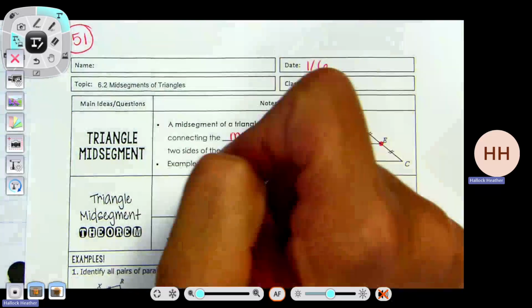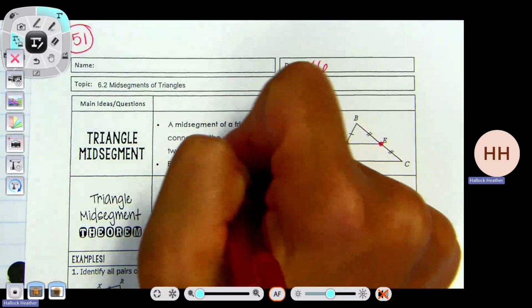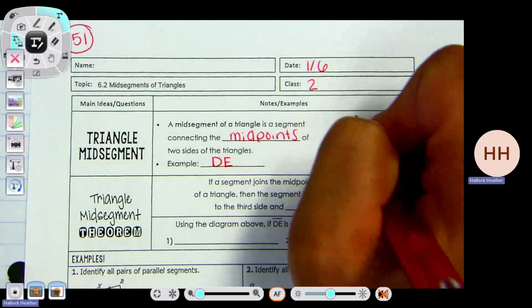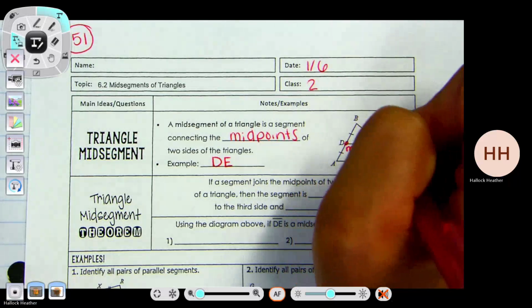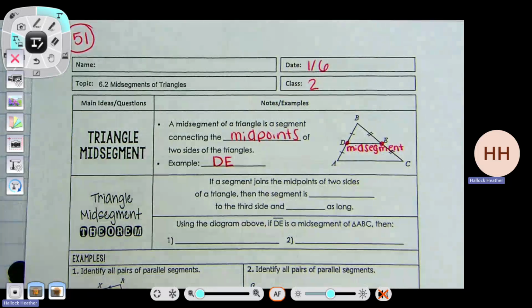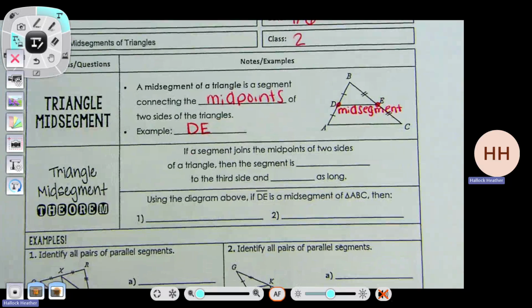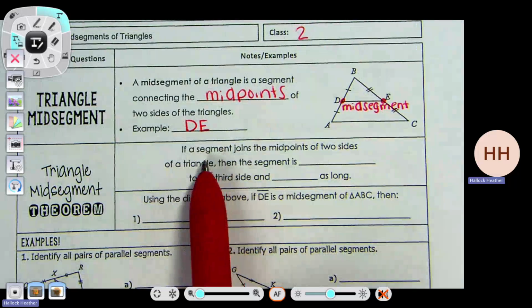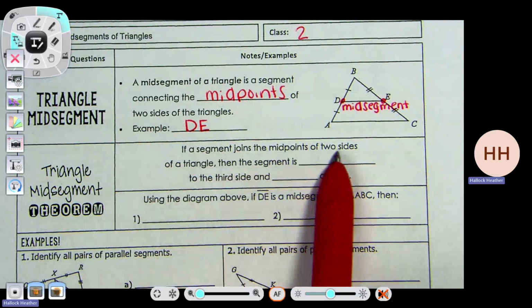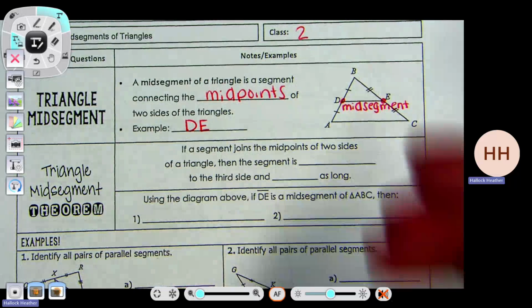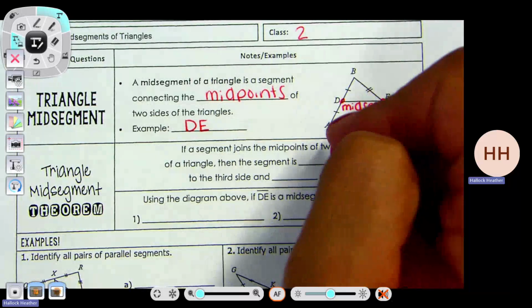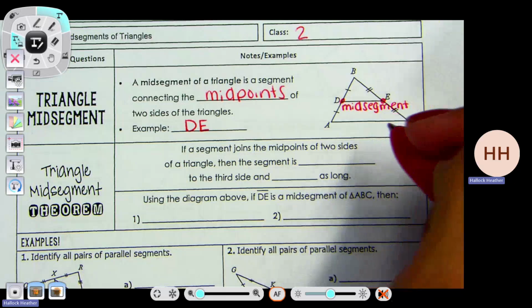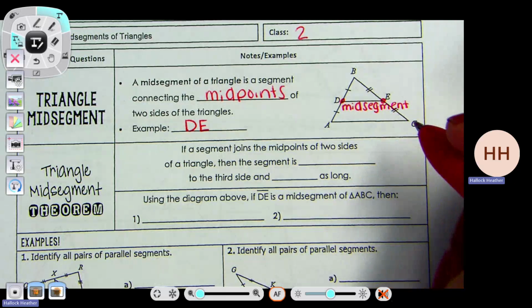So my example for this is DE. So the mid segment is literally right here. So I'm going to put the word mid segment. So the mid segment's in the middle. The mid segment theorem, which is where the formula comes from, says if a segment joins the midpoints of two sides of a triangle, then the segment is... why am I having a brain fart? If a segment joins the midpoints of a triangle, then the segment is